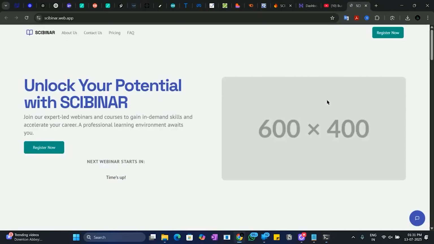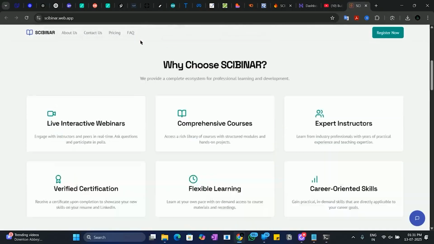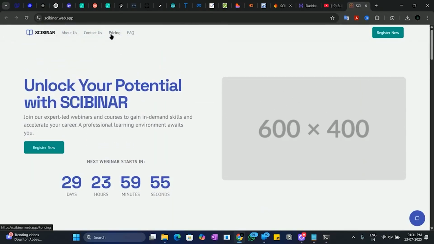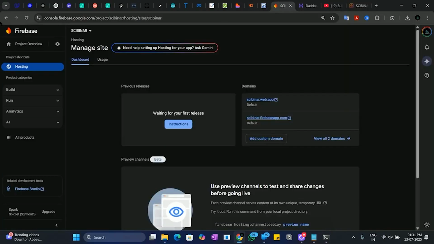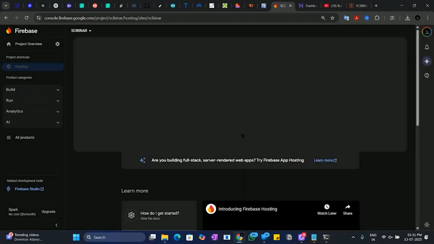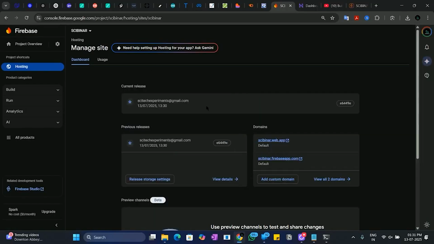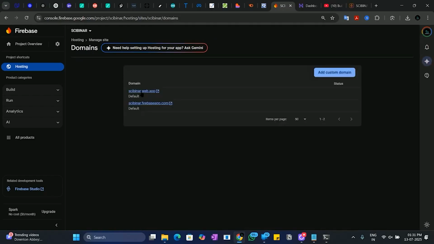एंड मैं इसको अगर ओपन करूँ तो जो भी आपकी वेबसाइट एप्लीकेशन है जो उस कोड के अंदर थी वो यहाँ पे आपको विजिबल हो जाएगी, जैसे हमारी ये हो रही है। एंड अगर मैं यहाँ पे रिफ्रेश करता हूँ तो होपफुली यहाँ पे वो रिलीज आ जाएगा। ओके, सो यहाँ पे आप देख सकते हैं हमारे पास एक रिलीज आ चुका है जो कि अभी हमने रिसेंटली अपने कमांड प्रॉम्प्ट से रिलीज किया है। यहाँ पे हम जाके अपनी कस्टम डोमेन्स भी ऐड कर सकते हैं। बाय डिफॉल्ट पहले से 2 डोमेन हैं फायरबेस की साइट से फ्री वाली।